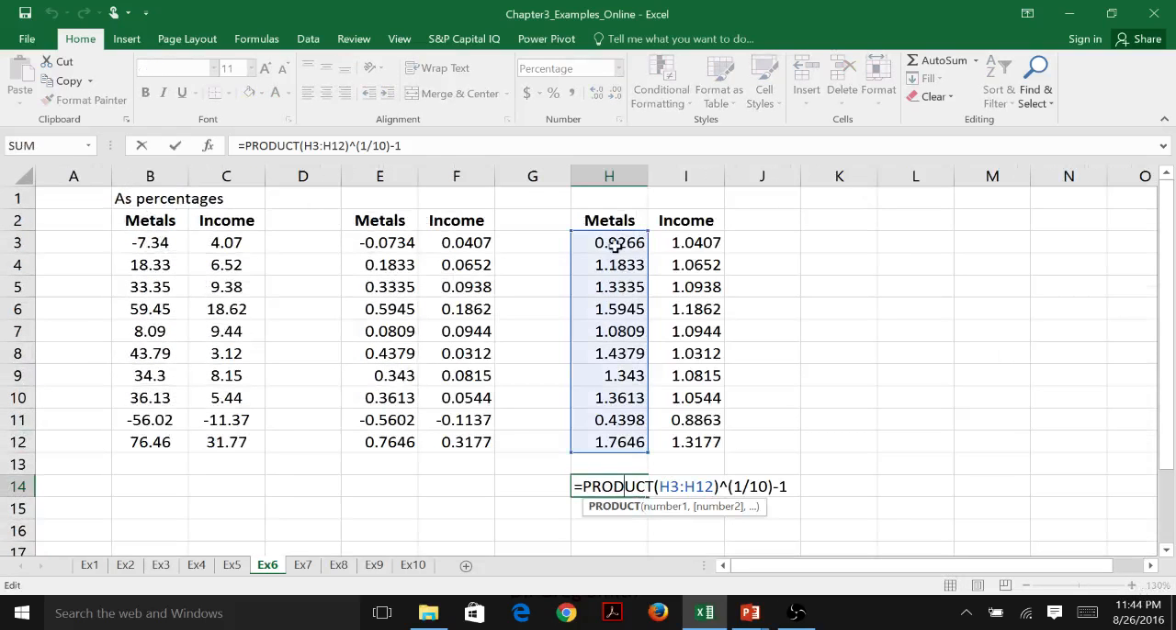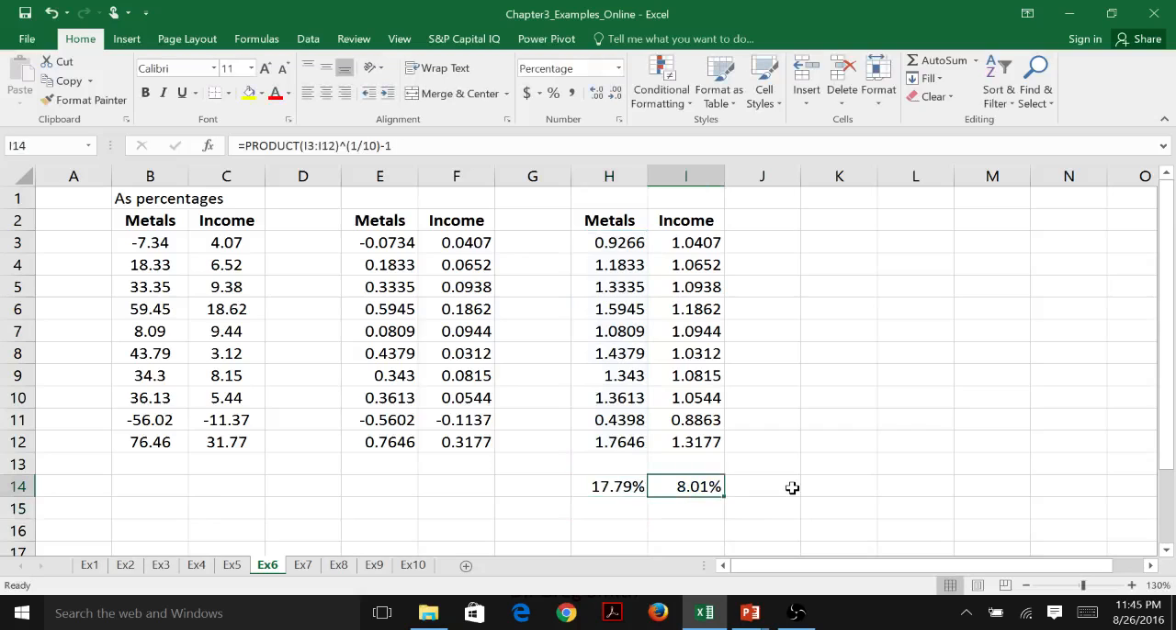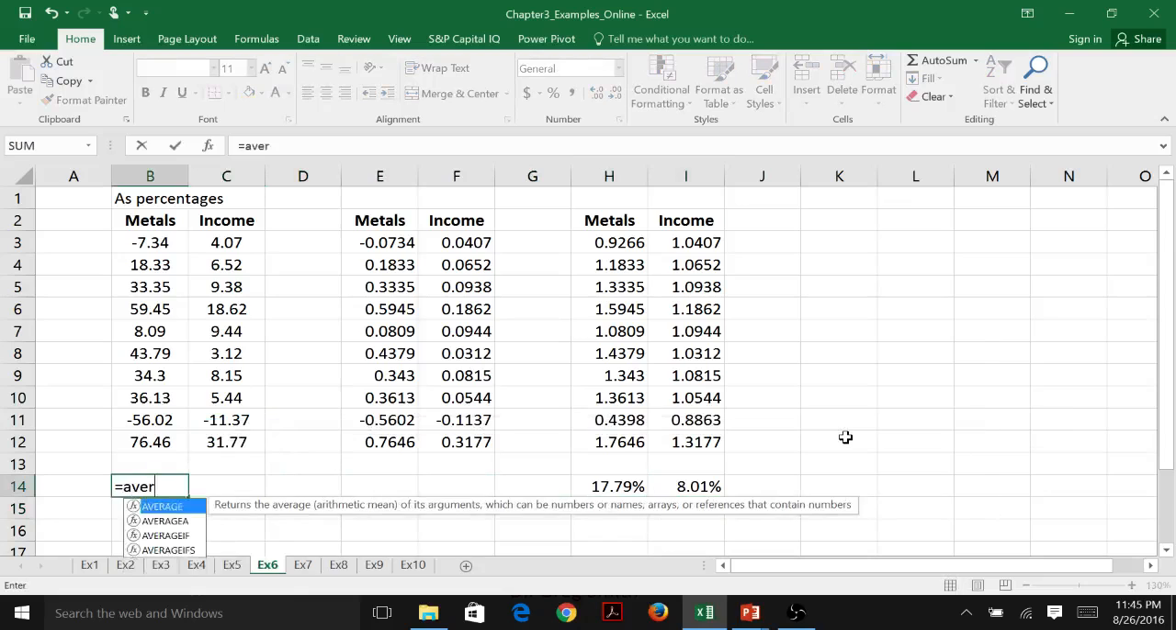I'm going to take the product of all those individual returns, and there's 10 of them, and I'm going to raise it to the 1 over 10 power and subtract away 1 so that I can get it down to its compounded geometric return of 17.79. And I'm doing the same thing with income. So I'm able to create something that's a little bit different, 17.79, versus if I just took the straight averages